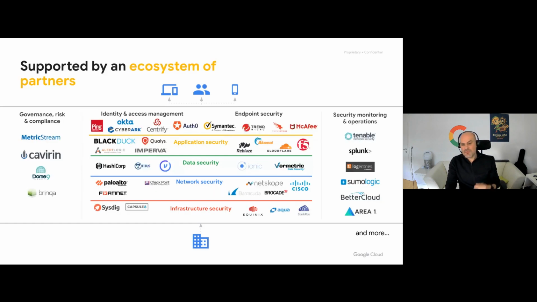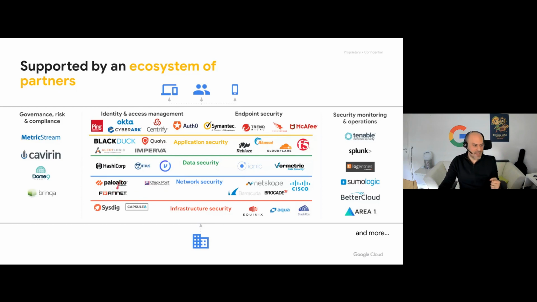It's not only that we provide a lot of solutions, there are a lot of partner solutions that we integrate with or that provide their solutions on top of our platform. You see, like for monitoring, Splunk can be easily integrated. Splunk can be run on Google Cloud Platform. We integrate with